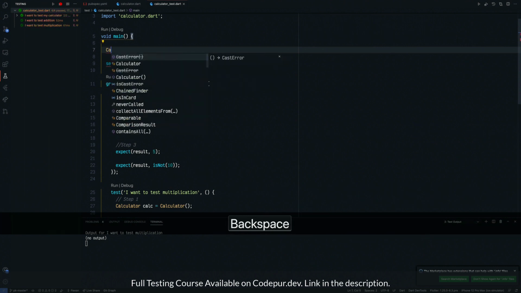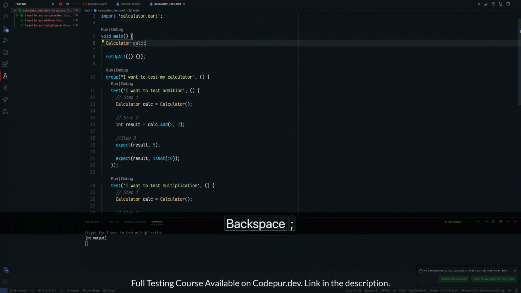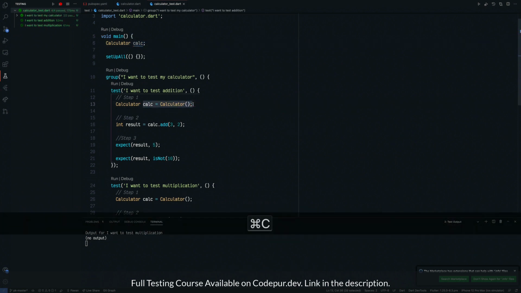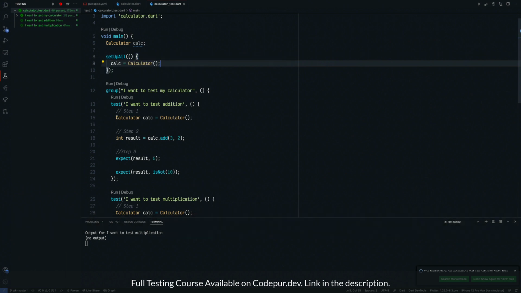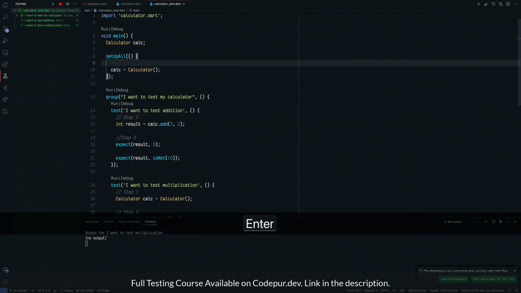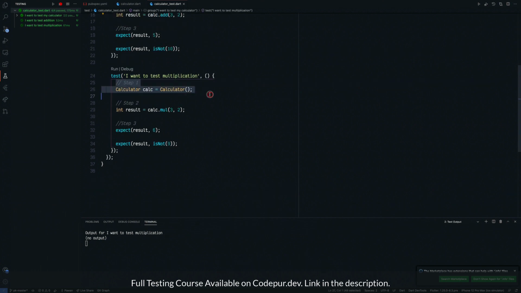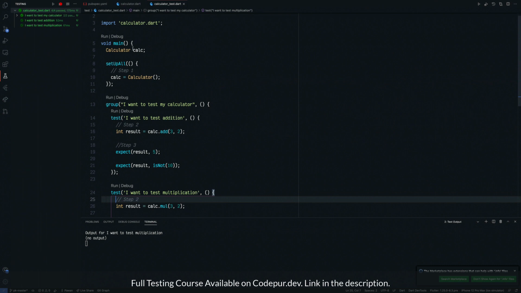So I can just say Calculator calc, for example. And this instantiation I can do here in the setUp, in fact, and I can remove it from here. So step 1 is actually removed from here, and this looks fine to me. In step 2, we can just say step 1 here, and this is still able to understand what calc is. Let's remove it from here as well, and now let's run this again and see what happens. Ideally it should work pretty well, and you will see all the tests.